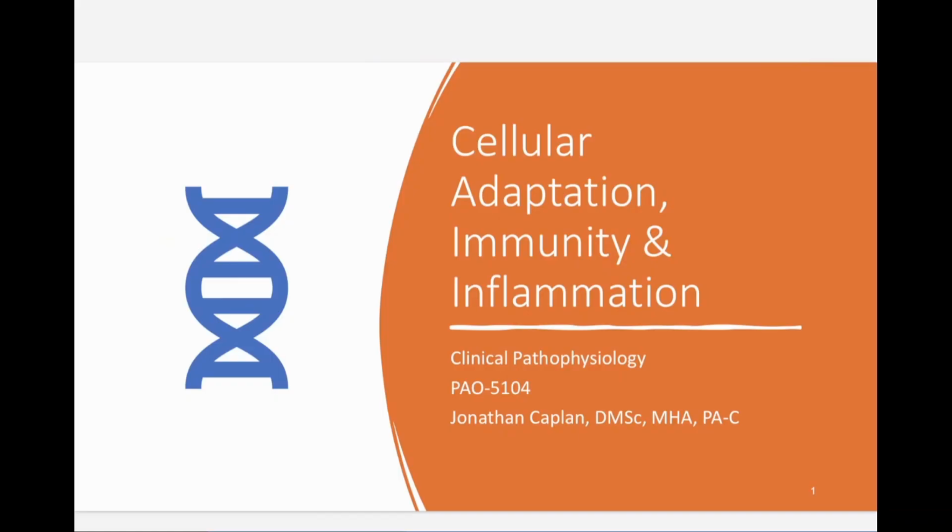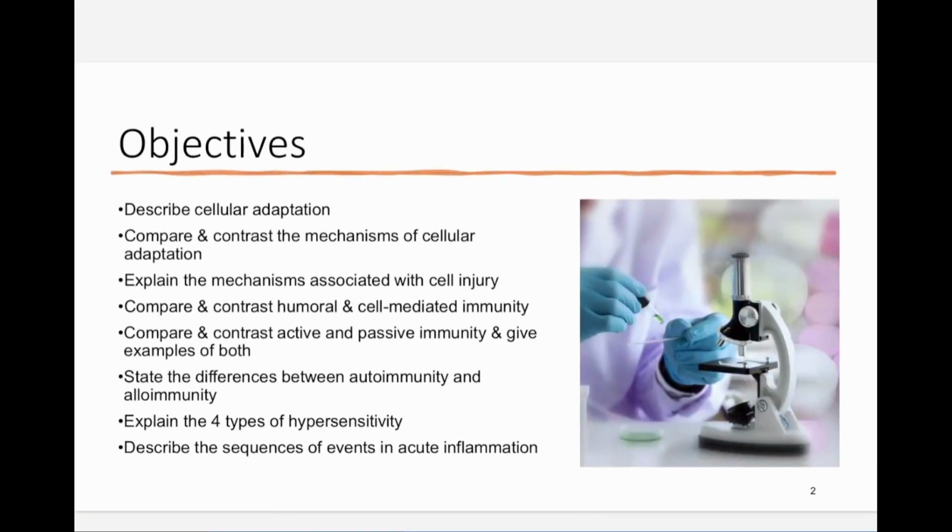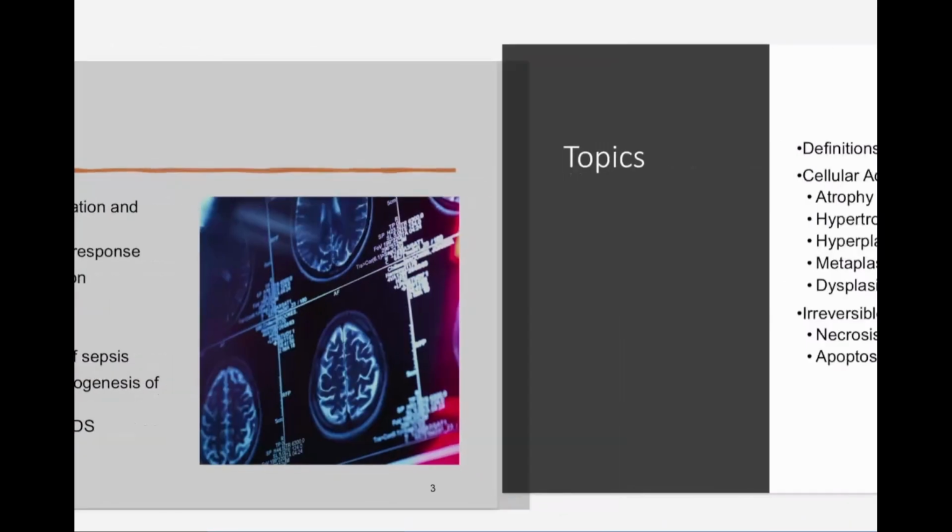Okay, so first lecture for patho is more of an introduction lecture. A lot of definitions, because as we go through how our body responds to injury, when we get to different diseases, we're going to say this causes hypertrophy, this causes atrophy, this causes whatever. These are the things that they're going to cause or the symptoms that they come up with. So these are our objectives for today.